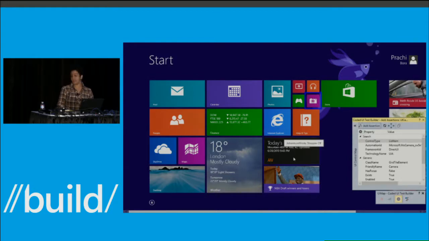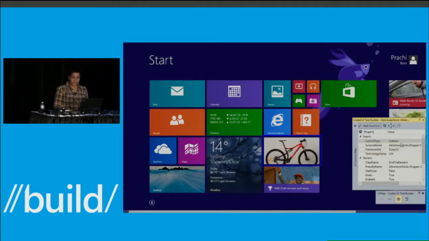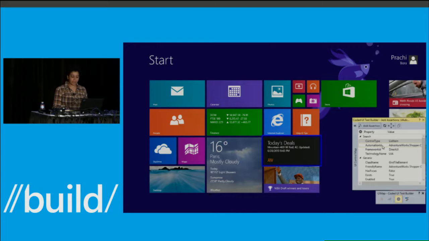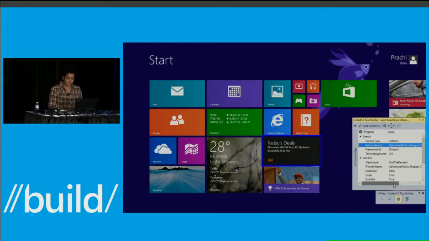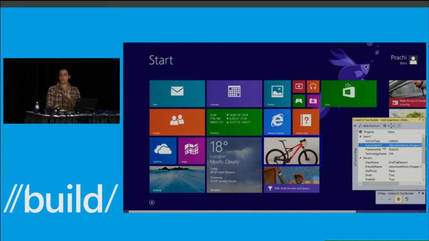So I'm interested in testing the AdventureWorks app. So let me go back and do Control I on that one. And I can see a bunch of properties that are lighting up here. It tells me that the control type is a list item. There's an interesting one called Automation ID. And if I look at the value of it, it's a really long string. We'll use this string. Just remember that when I hovered over the tile, I was shown a long string with